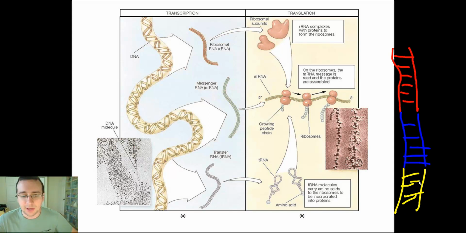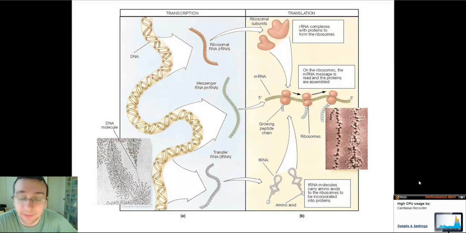Before you know it, you're going to get something that looks like the prokaryotic chromosome, which is basically just a string of genes next to each other. And so you can see how DNA could have evolved from RNA. And then once you have DNA, it's easy to understand how the protein synthesis process will actually take place, and how RNA can actually help catalyze the production of proteins. Now, this didn't evolve from thin air. Complex mechanisms like that didn't evolve all at once. It was small steps that made this protein synthesis evolve. And we'll talk about things like that when we do the history of life later in the year.